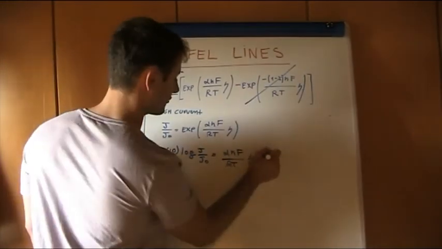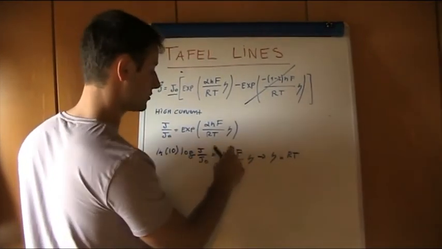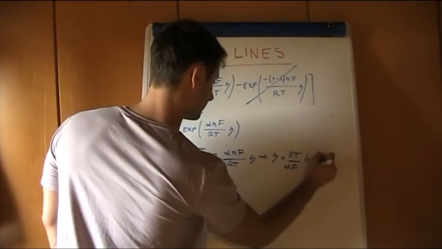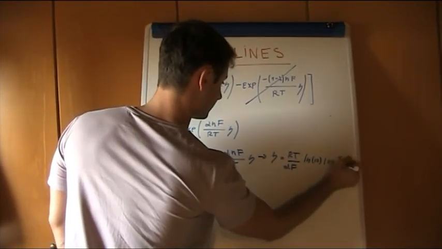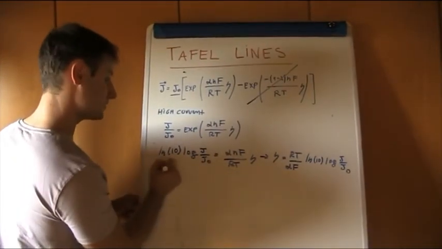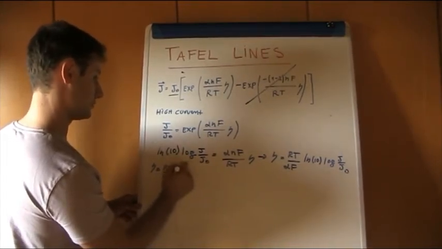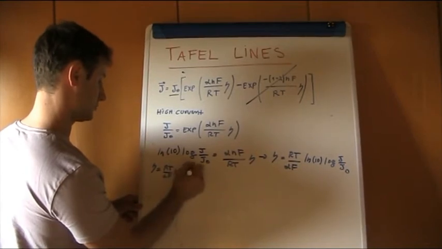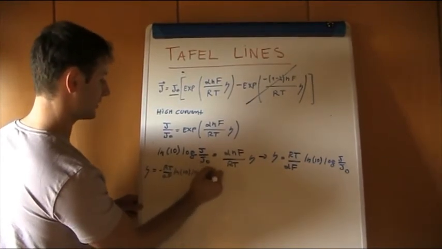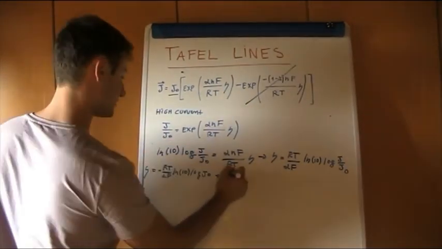So now we can say that the overpotential is equal to RT, maybe if you assume that n is equal to 1 for simplicity. And so we can say now that this is equal to RT with minus sign, the logarithm of this one, using the properties of logarithms, and plus